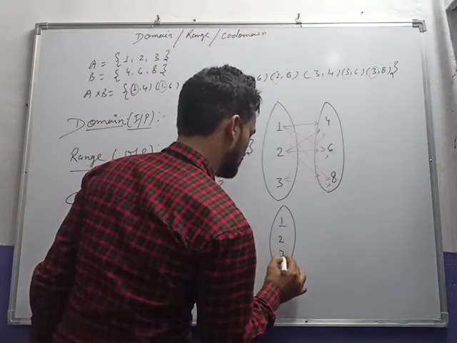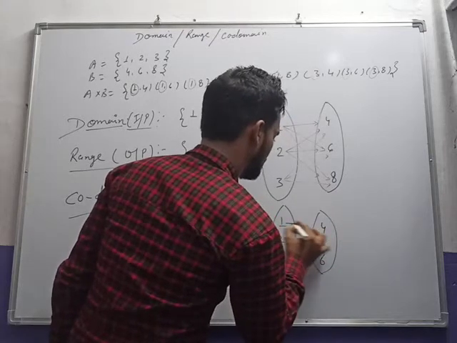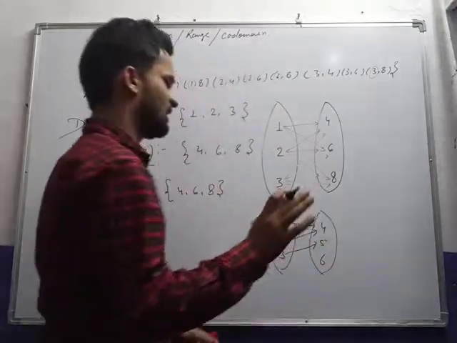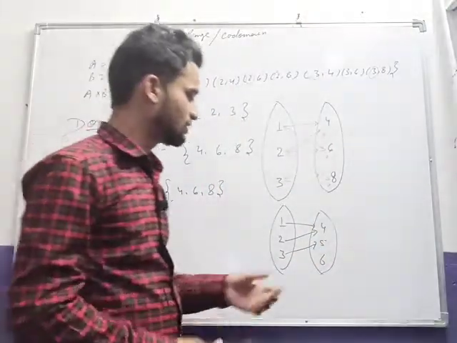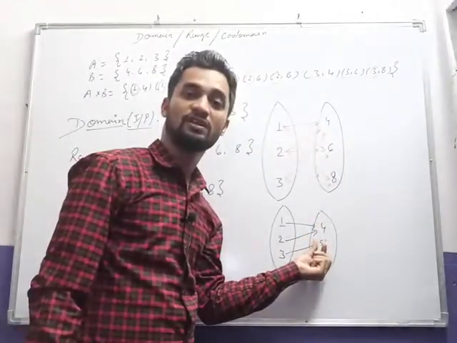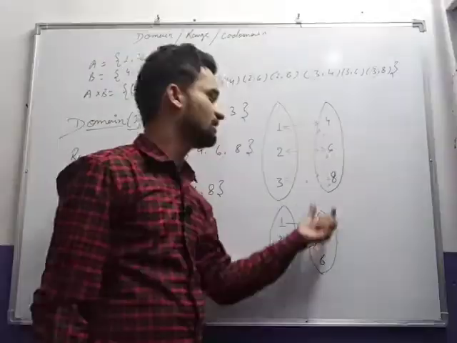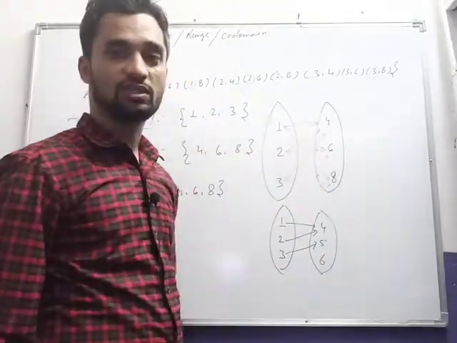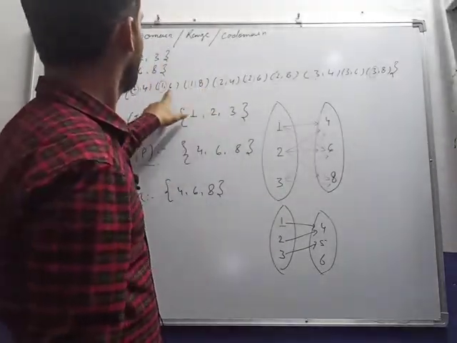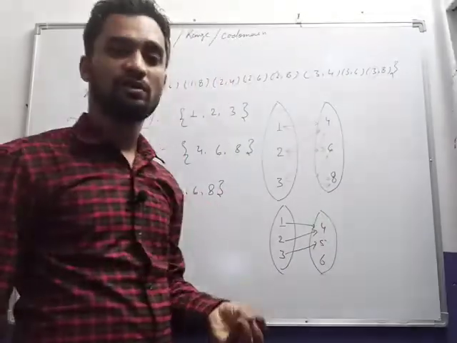One more example, don't be confused. Say 1, 2, 3 for some function, and 4, 5, 6. If it is like this, what will be the range? Range will be 4 and 5. You cannot take this 6 here. But here, as you know, we are getting all these values, so range will be the second elements, which means 4, 6, 8. Again 4, 6, 8, we write it only once, so range will be 4, 6, 8.